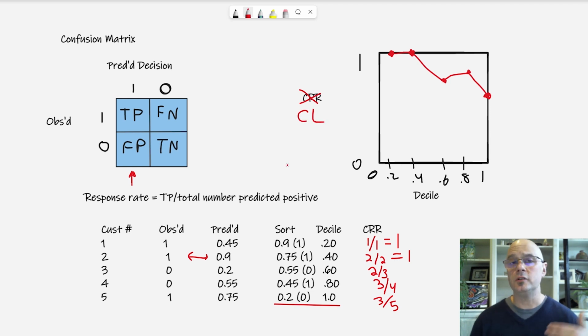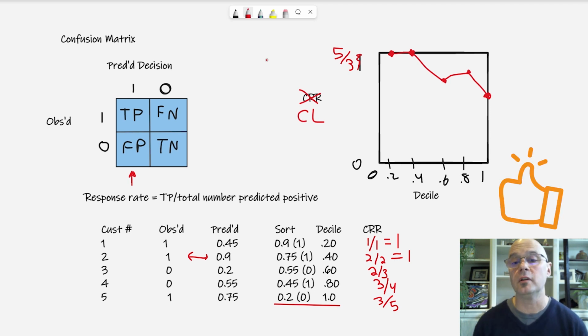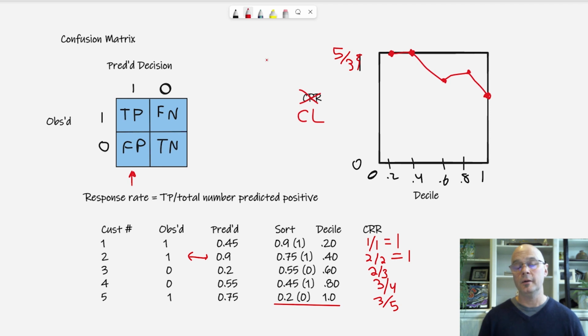The response values that were 1, I'm dividing those by 3/5. 1 over 3/5 gives me a cumulative lift of 5/3. So on the cumulative lift scale, that's the higher value there for those more shallow deciles. And I like that that cumulative lift value is above 1. That means that the model I'm investigating is doing better at capturing responders compared to just the naive model.